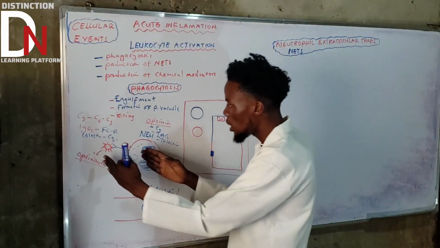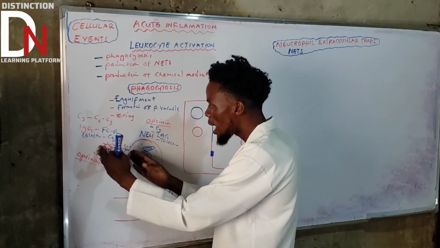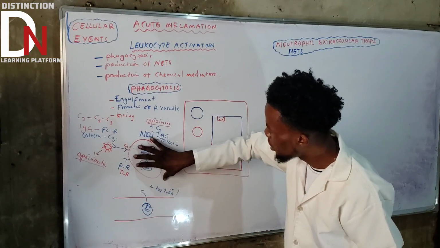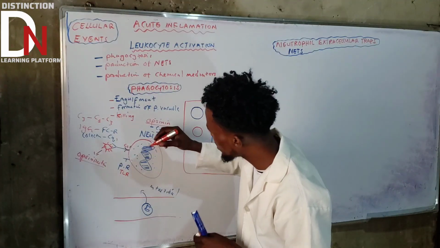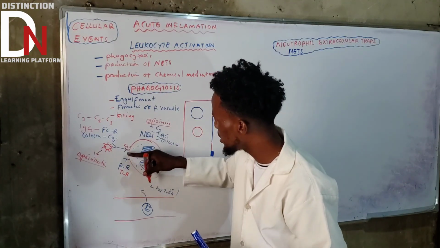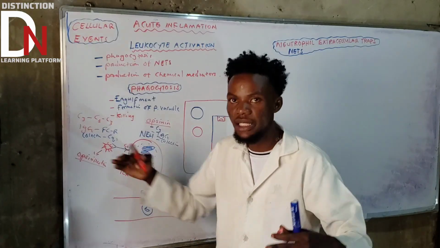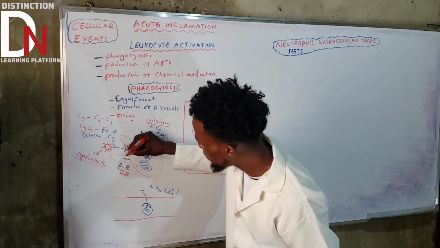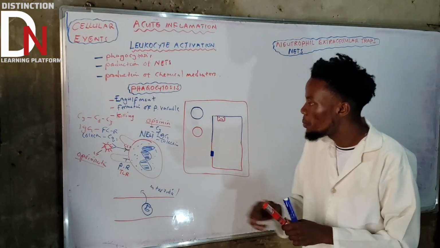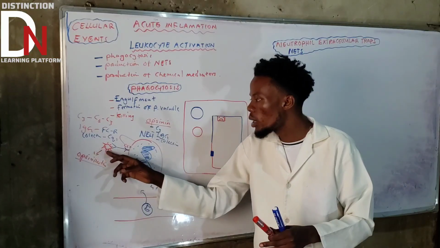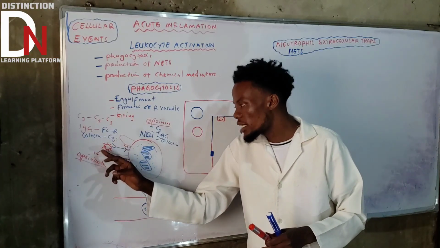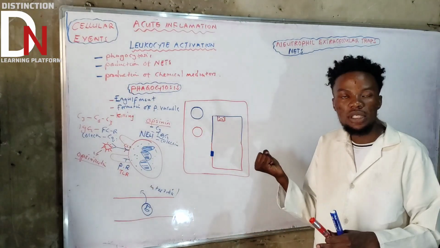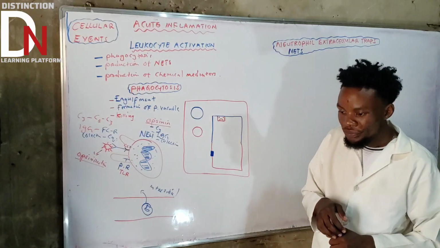If this happens now, this engulfment process is going to speed up, and there's something interesting that's going to happen. You've seen this neutrophil. This neutrophil is going to start extending this cytoplasmic membrane, to start extending like that. Extending this cytoplasm like that, also this cytoplasm like that. Why extending that cytoplasm? So that now it can surround this foreign invader, this bacteria. Let's just be calling it bacteria. So it can surround this bacteria,